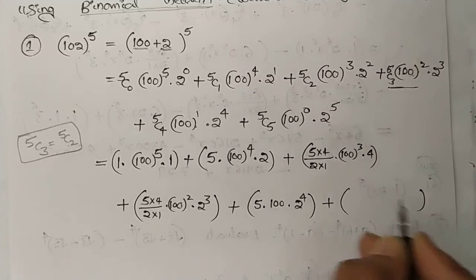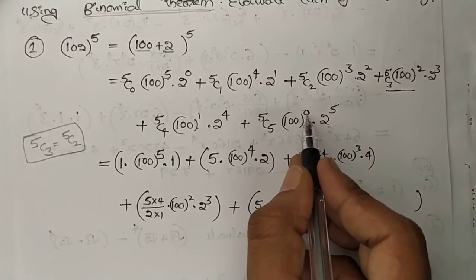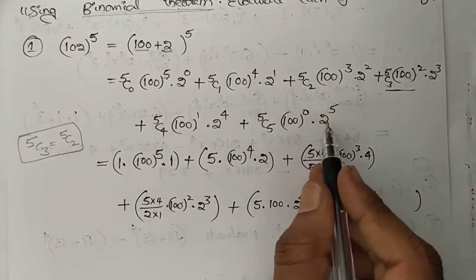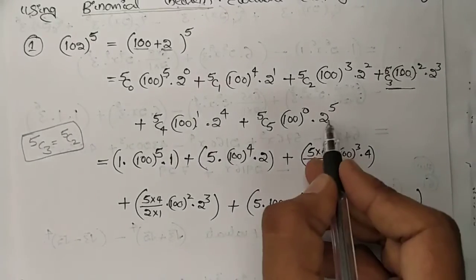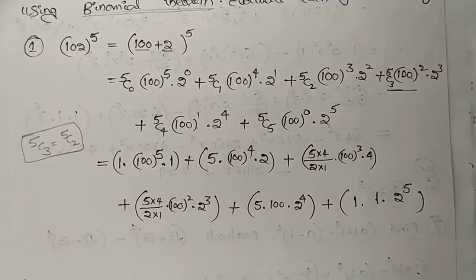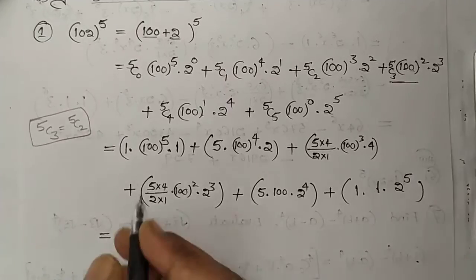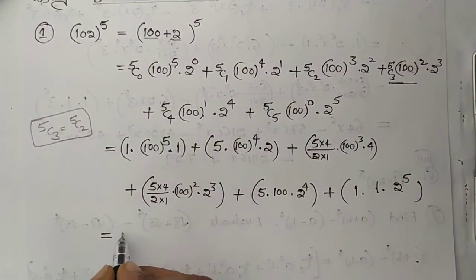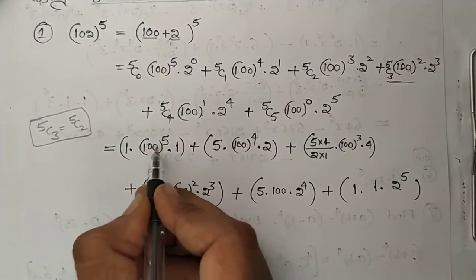Plus next 5c5. That value is 1 into 100 whole power 0, which is 1 only. 100 whole power 0 is 1, 9 power 0 is 1, 1000 whole power 0 is 1. By using the laws of exponents, 2 power 5 you just keep as it is. Understand? That equals 100 whole power 5. How to find 100 whole power 5? You just write 1,